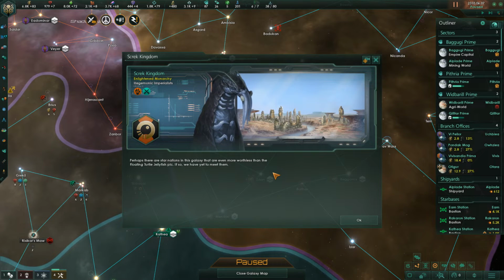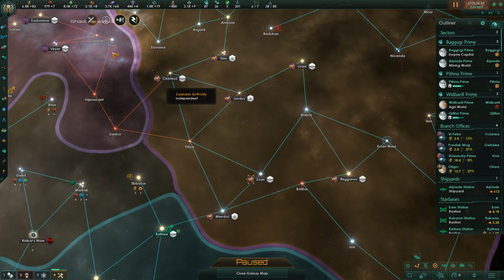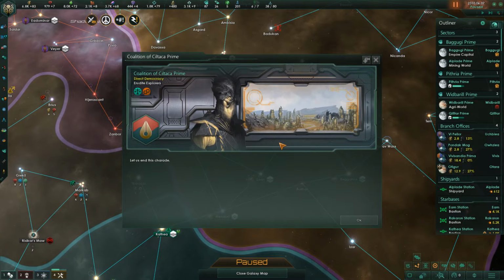Diplomat. Okay, you are perhaps the Star Nations of Galaxy even more worthless than the Floating Turtle Jellyfish PLC. If so, we have yet to meet them. Have you met the lizards on their crap hole of a planet who just scream abuse into the void? Because I'm fairly sure they would definitely rank worse than me. I mean, I'd probably come a close second, but definitely...